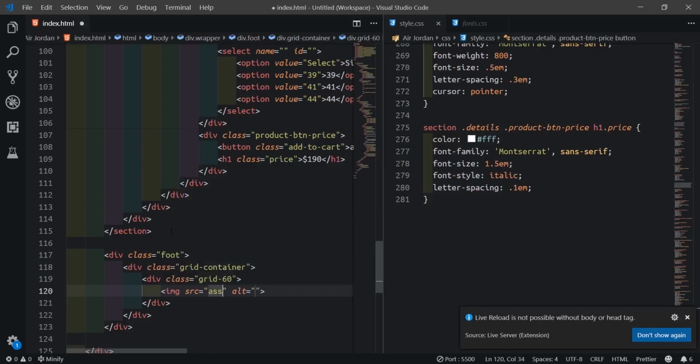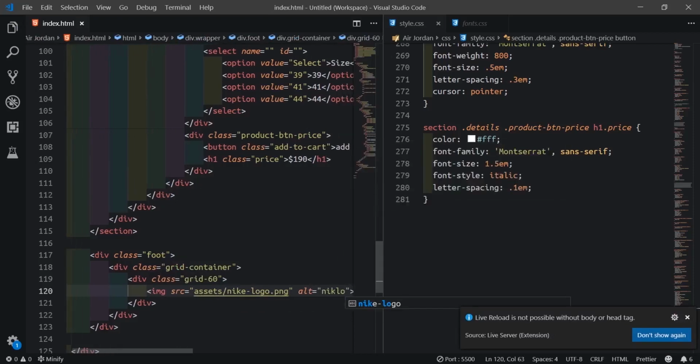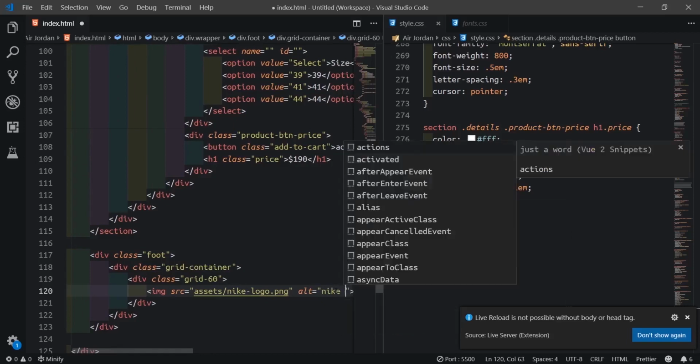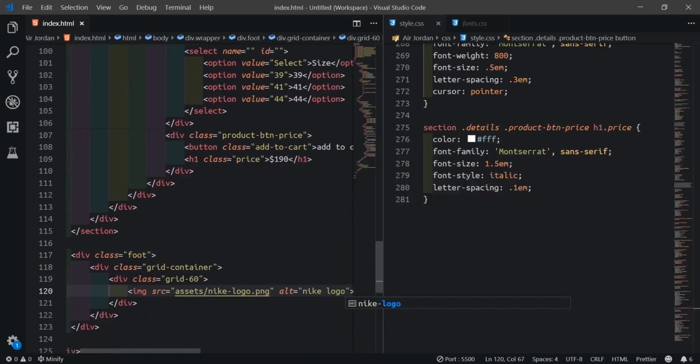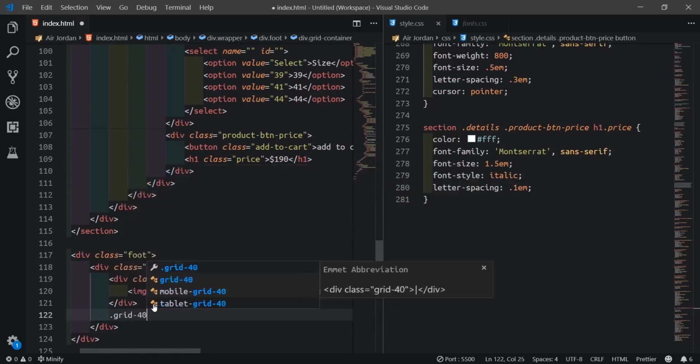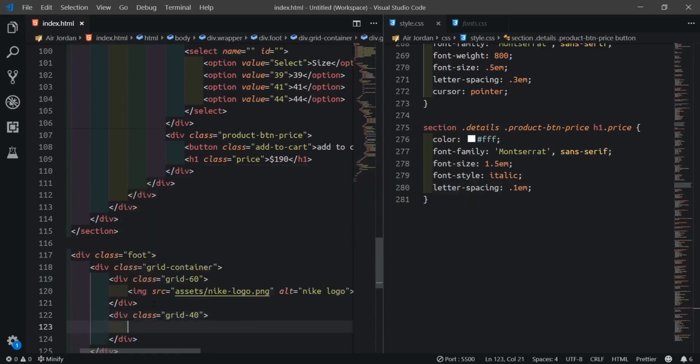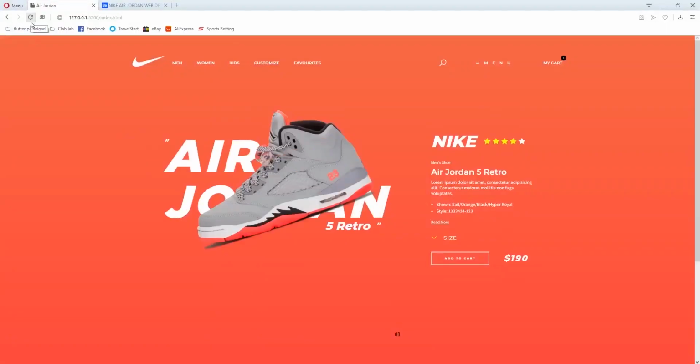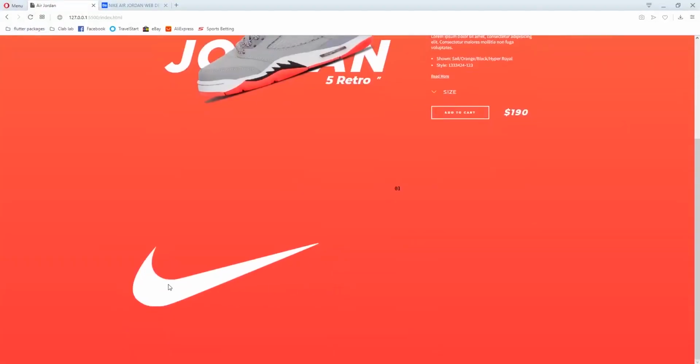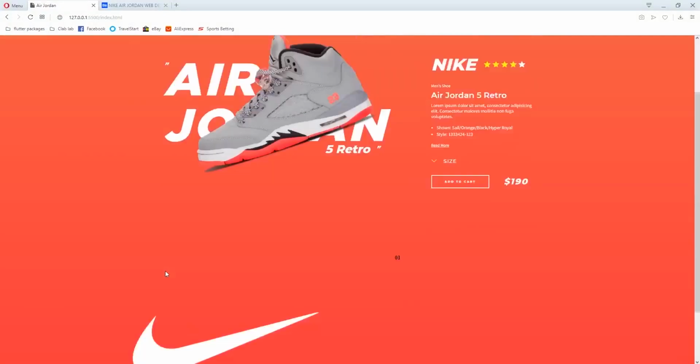So the image now, we'll say assets/Nike logo PNG. I'll say Nike logo here. Then the remaining grid 40 now, we'll just create H1, then we'll say 01. So if we refresh, you see the H1 went down, this thing went down here.